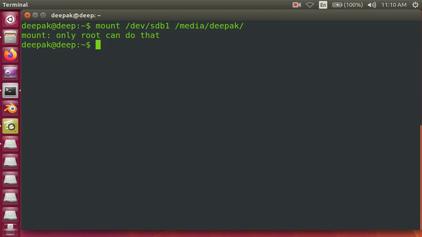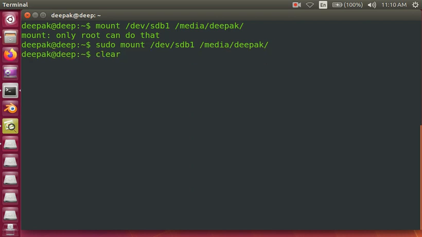Remember that mount is a command which an ordinary user cannot execute. Same with unmount. So let me use the credentials of the super user, and now it is done.